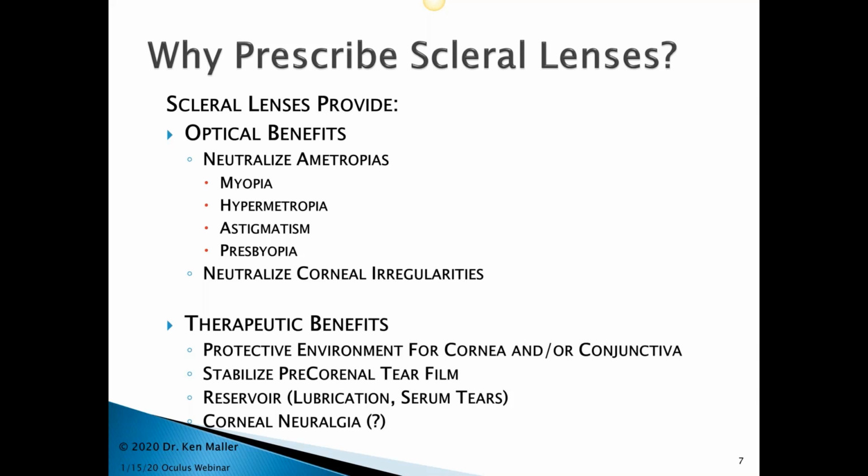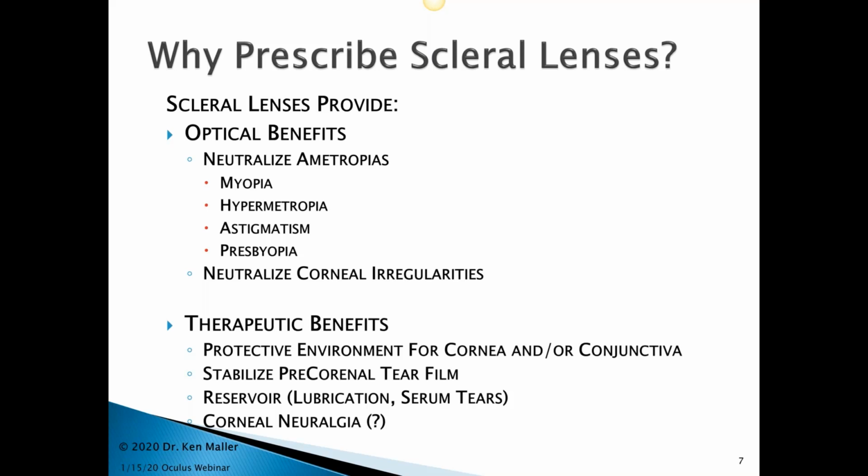It's just that these devices really do work well in that environment to provide relief. It does stabilize the precorneal tear film, and it does create a reservoir so that the cornea can be lubricated consistently, and certainly in the last few years we've seen autologous serum tears being utilized even in the bowl of the scleral lens,